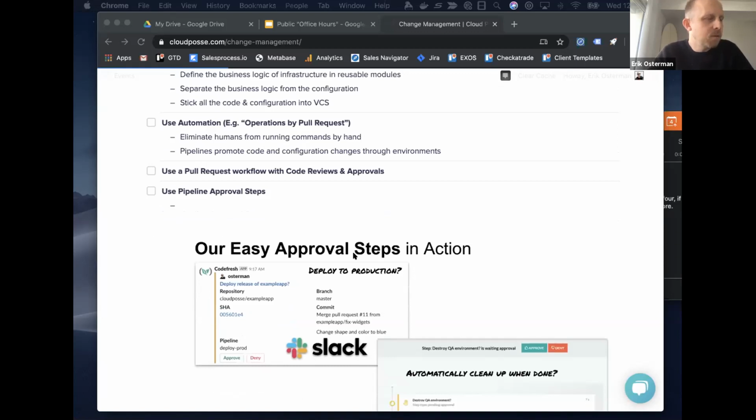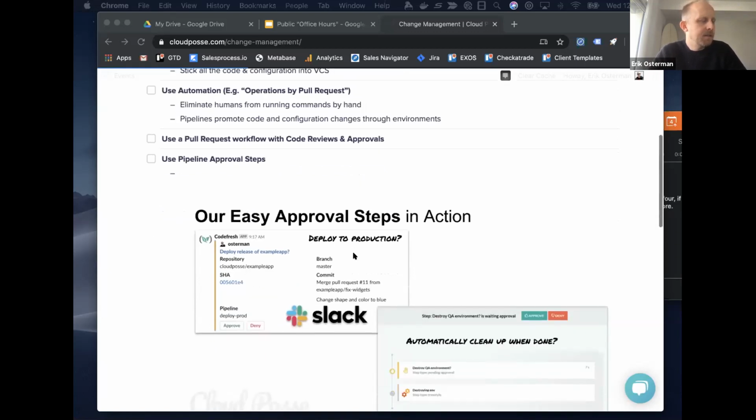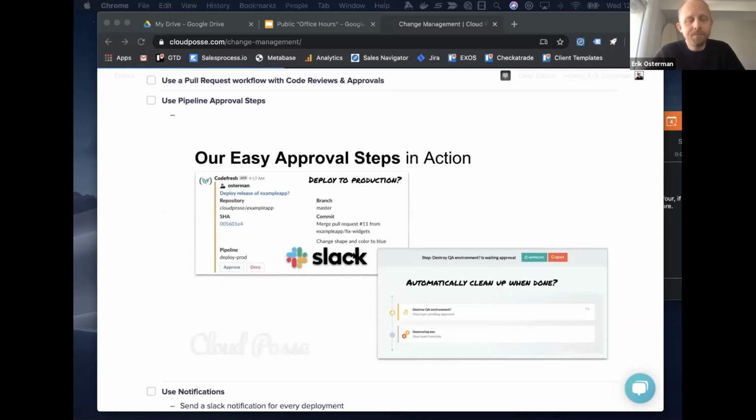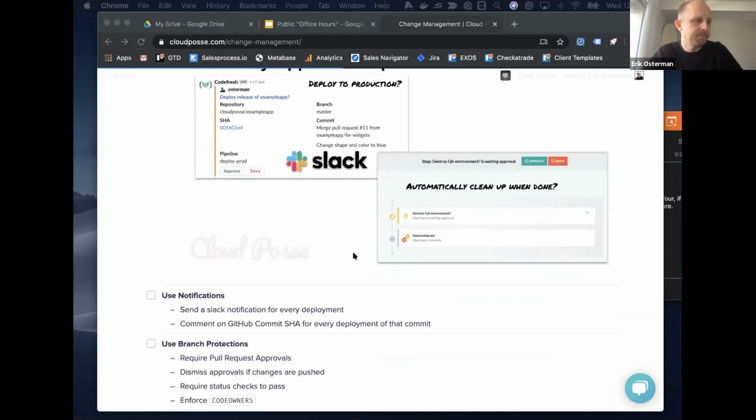Pull request workflow. So basically how you enforce that every change is reviewed and approved. And related to that, having approval steps within your pipeline. You might have all the checks and balances in your GitHub with branch protections and code owners and requiring certain checks to pass and a certain number of reviewers. But in the end, you might still want additional controls that are arbitrary, and having the ability to have approval steps in your pipelines is an excellent way to have control over when things change and visibility of when they change.